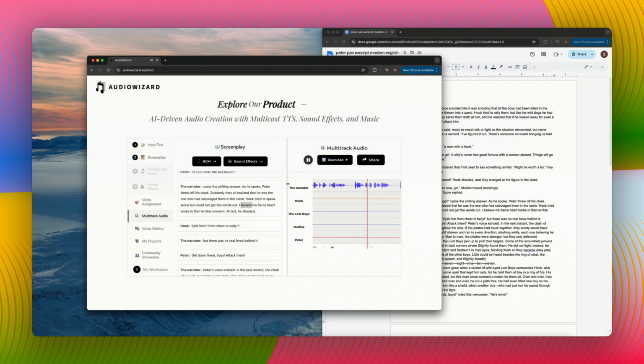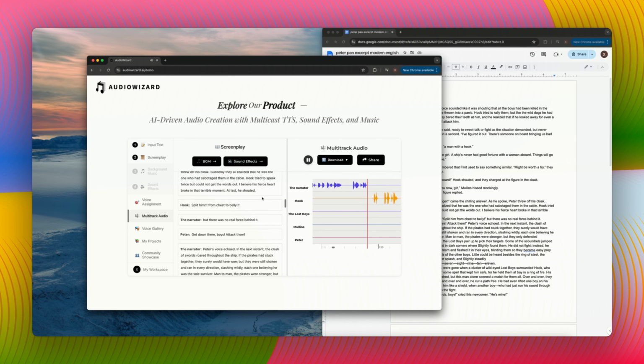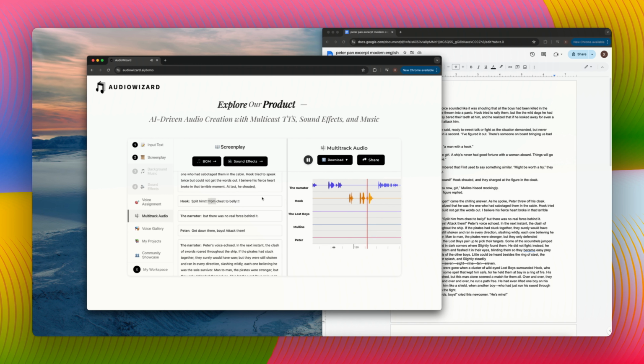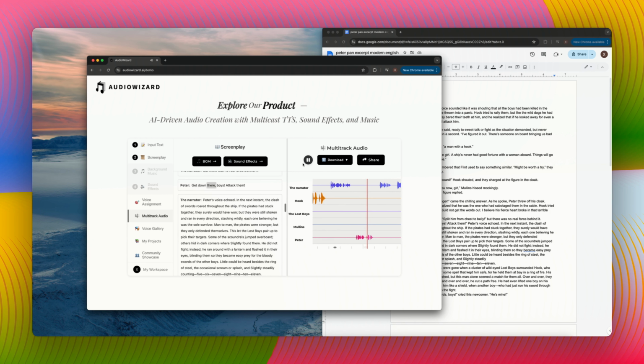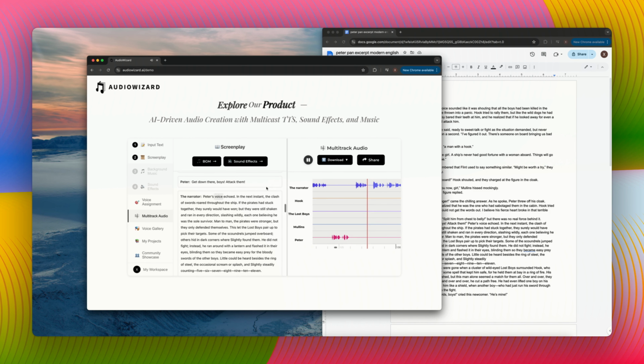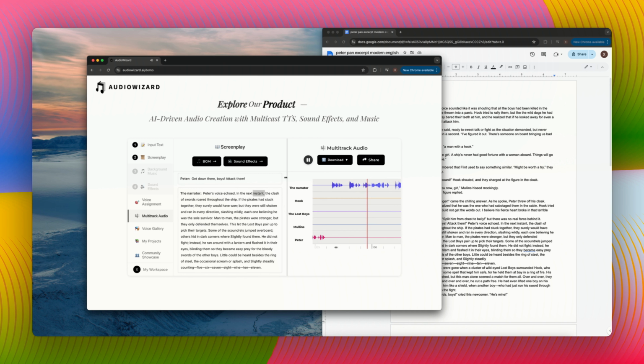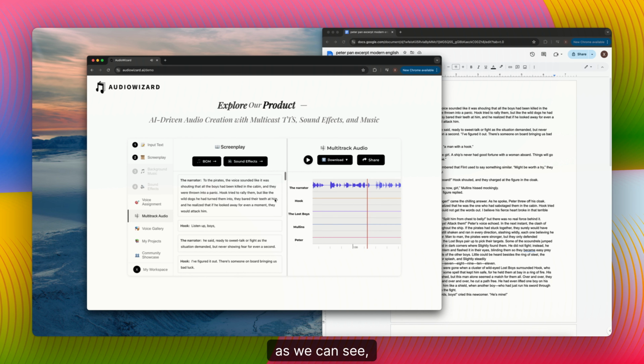I believe his fierce heart broke in that terrible moment. At last, he shouted, Split him, from chest to belly. But there was no real force behind it. Get down there, boys. Attack them. Peter's voice echoed. In the next instant, the clash of swords roared throughout the